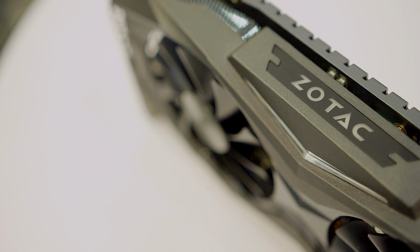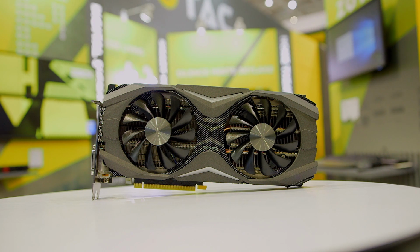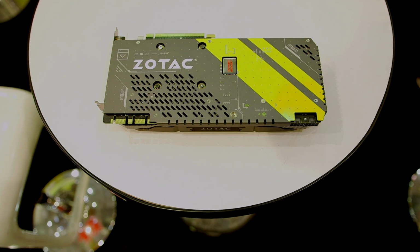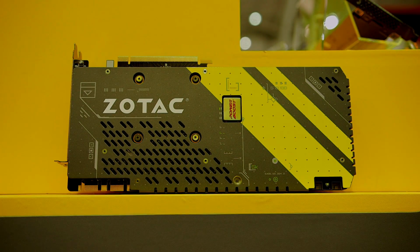So ZOTAC will have two GTX 1080s, the AMP and the AMP Extreme. It still features its signature look, gunmetal gray color, metal shroud, which wraps around the PCB, which is custom, and it's huge, around 12 inches. It has dual 8-pin power, 10+2 power phase, dual 100mm fans, 5 copper heat pipes, 2 of which are 8mm